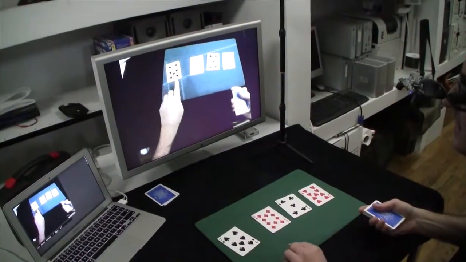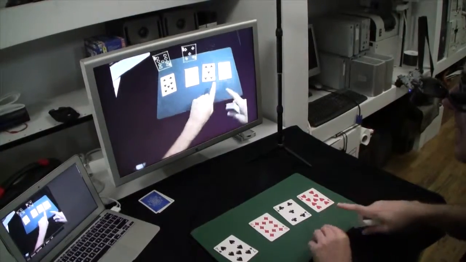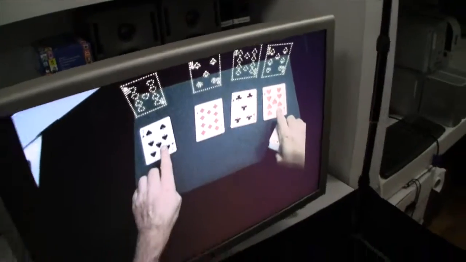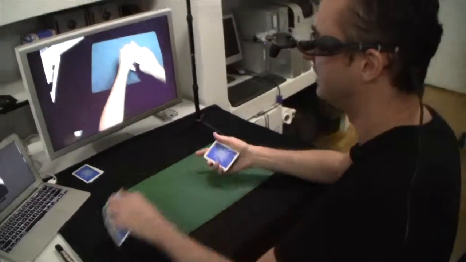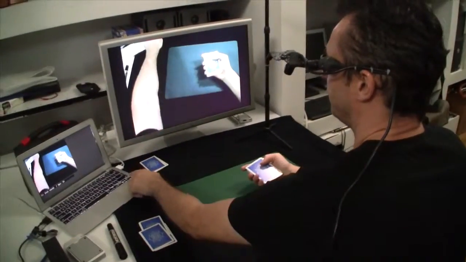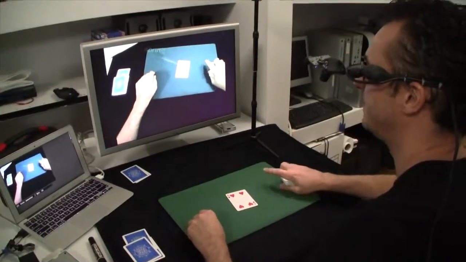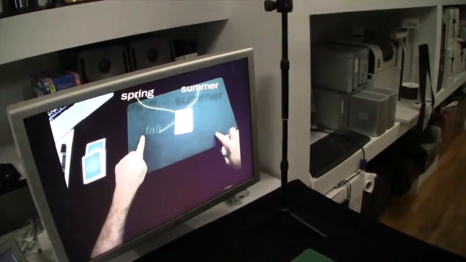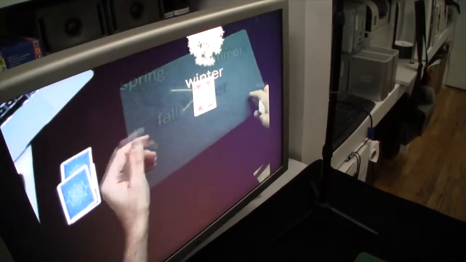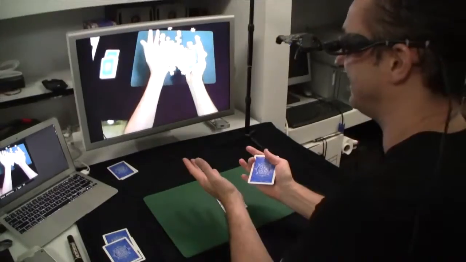So we have this little augmentation of the cards, they get recognized. Performing magic is always about these multiple layers of reality combining. Each of the four suits corresponds to one of the four seasons. So there's spring, summer, fall, and winter. My favorite season is winter, because winter is like magic, involves visual wonder, drastic change, and a delicate balance